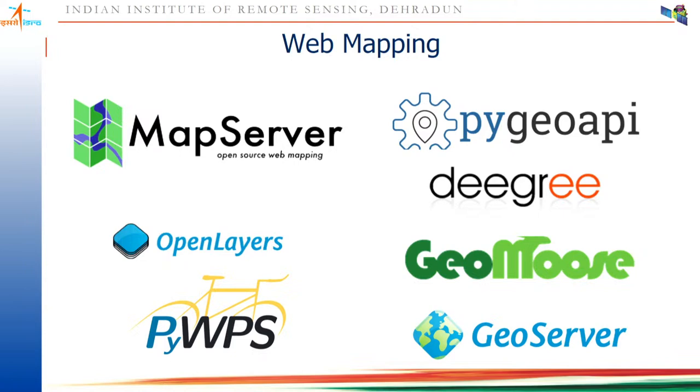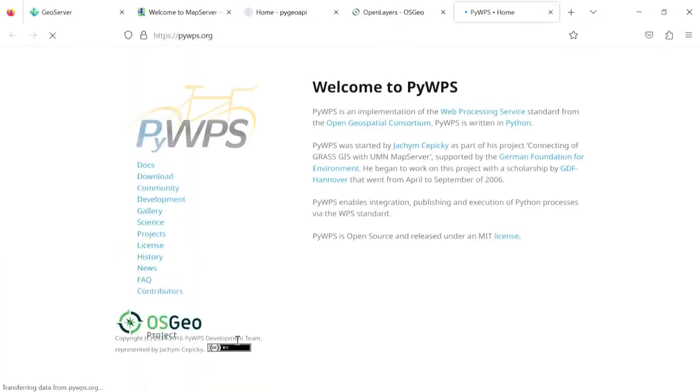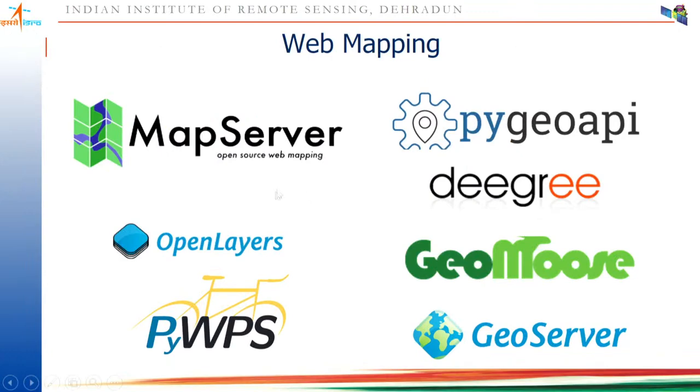Here you simply have to tell what you want to do, and how to do it is implemented by OpenLayers, right? So while OpenLayers is a client-side library, PyWPS is a server-side library. Again, if you go to the OSGeo Foundation website, you will get links to all of them. Maybe once the demonstration is over, I will show you the OSGeo website also, right? So PyWPS is a server. Then deegree is another server. If you see deegree,